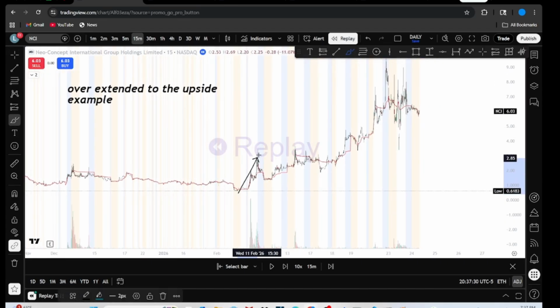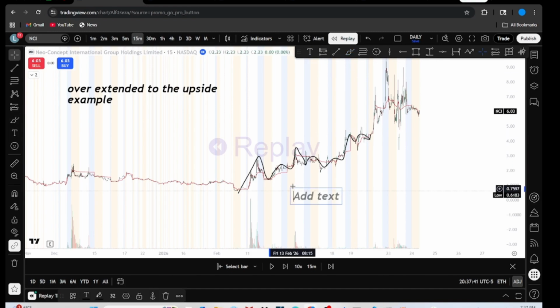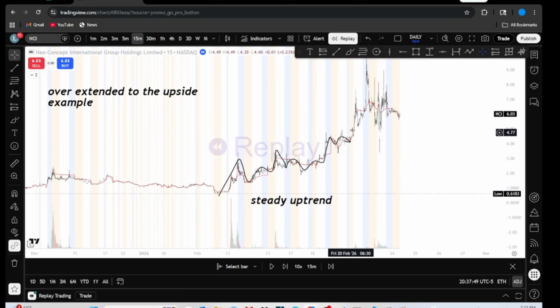We see a big move, and then we kind of just chop around, right? We see another big move, we kind of just chop around. We see another big move, we chop around, right? That is the steady trend I'm talking about. This is that steady uptrend. In these environments, you do not want to be shorting. You want to be buying, if anything.